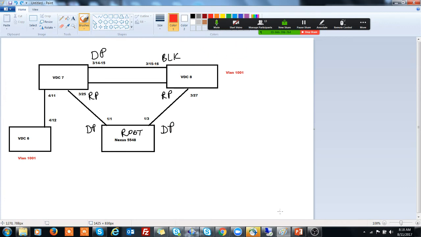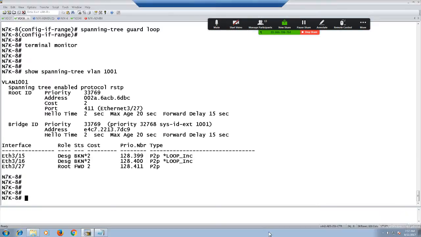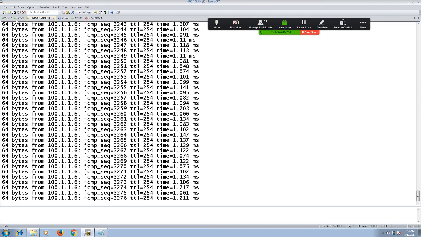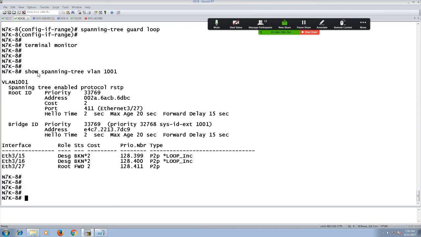So now this is called loop inconsistent port mode. You would see that we are able to send the data traffic, no problem. The only thing is that we're not getting into loop conditions. But the same solution we can even implement with the help of port type network also. So it gives you two sets of solution. One is the loop guard feature, because if you don't send BPDU, I would be confirmed that there could be loops or something. But if I don't receive BPDU, I should not allow that VLAN. So neither the BPDU nor the data traffic. So ultimately, the loops will be solved over there only.